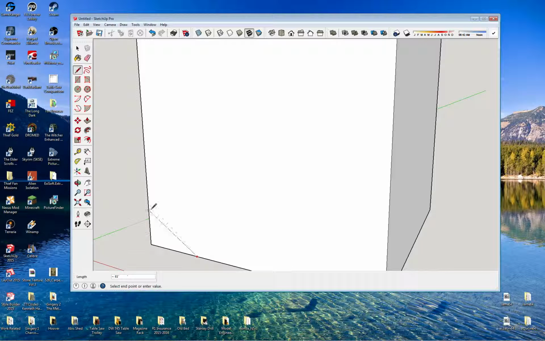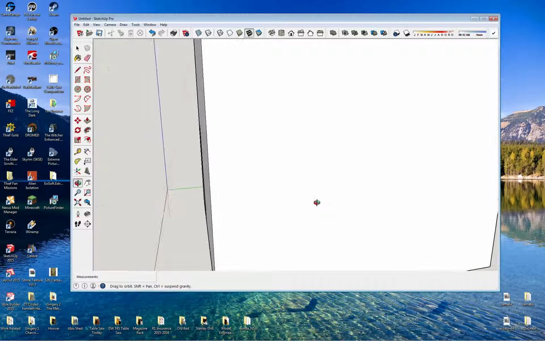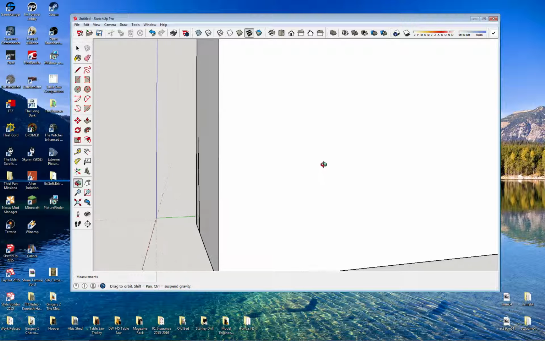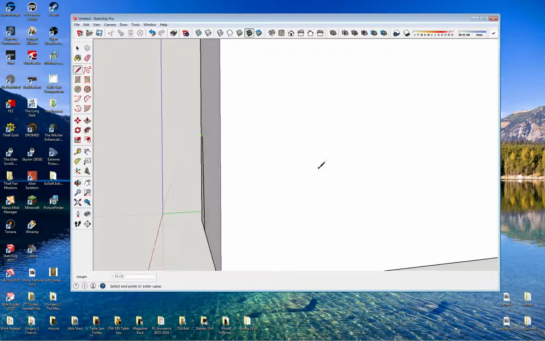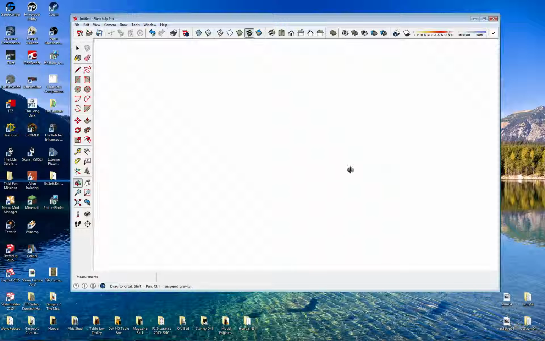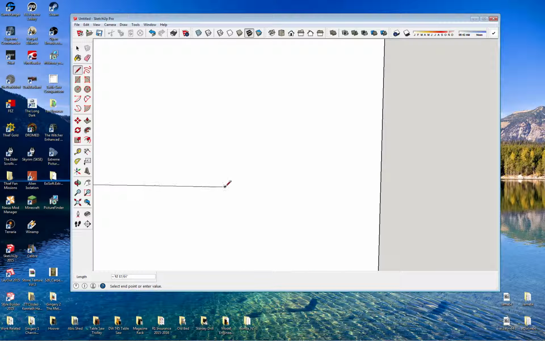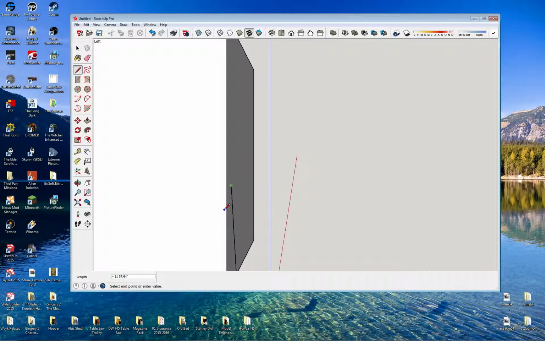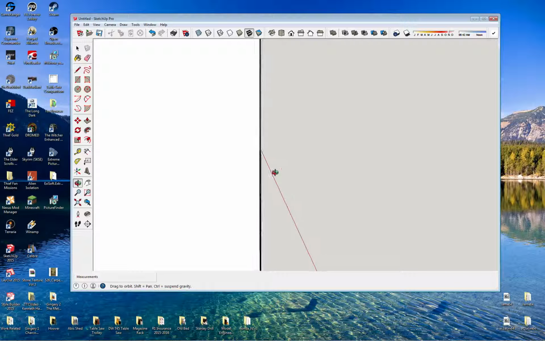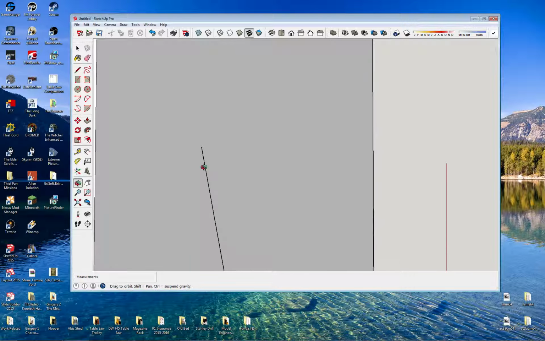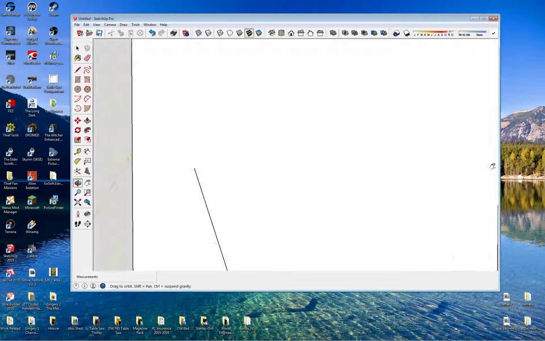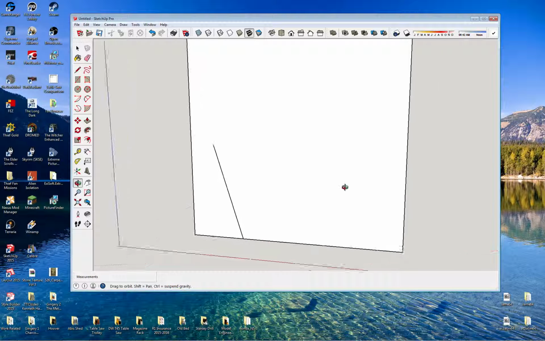So if I just click there now and then rotate the model, it looks like it's touching, but it might just be a little bit off, possibly. Let's try it from this side. That might not actually be touching. And if it's not touching, it can't